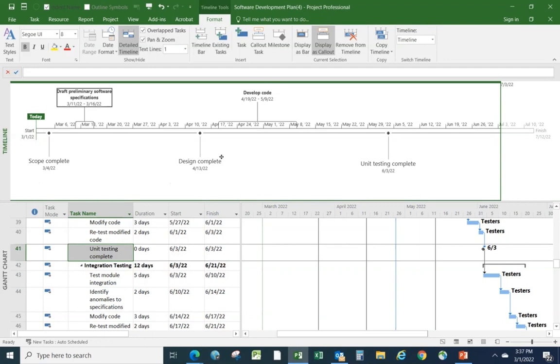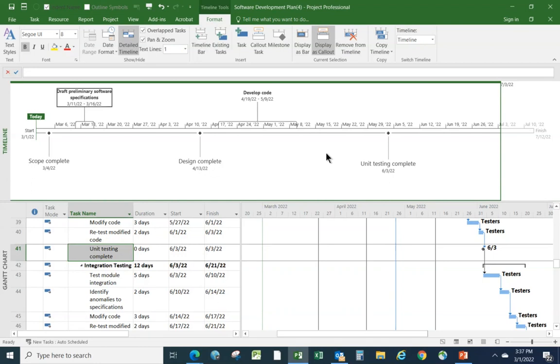Now, let's just take a look at what we've got in front of us. If you look here, you'll see that we've got Scope Complete with a date, Design Complete with a date, and the tasks have dates showing their start and finish. So it's questionable to me why I would even want these dates across here, especially as Project randomly selects,